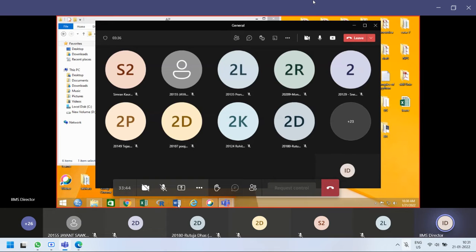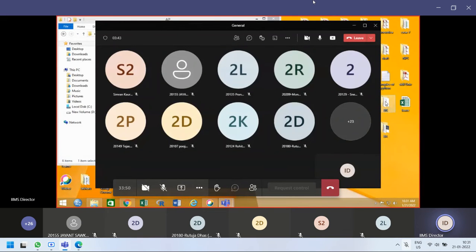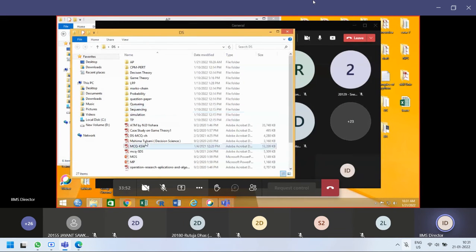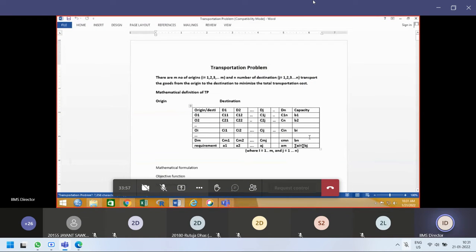But today I will discuss just a revision of transportation problem. So, okay, this is the word file. Today I will send you the word file of transportation problem. The definition,